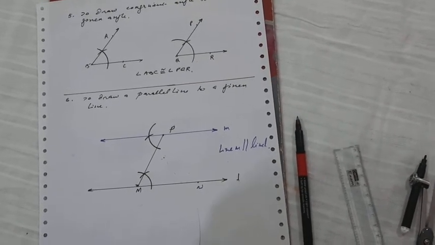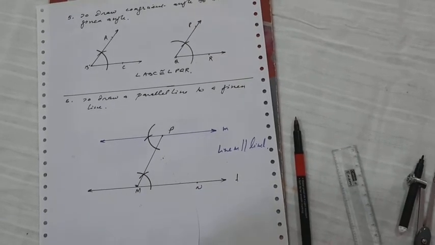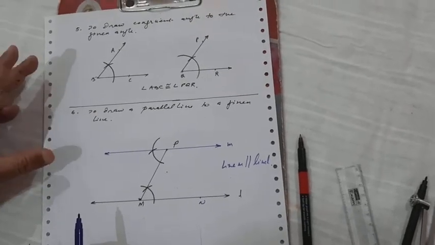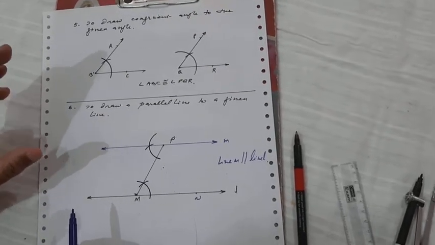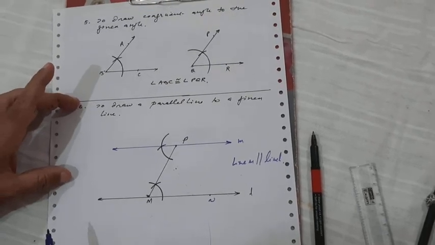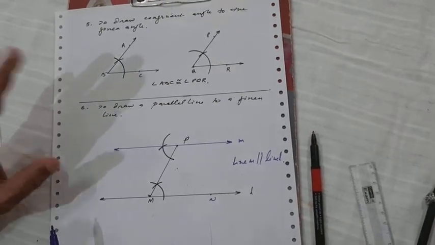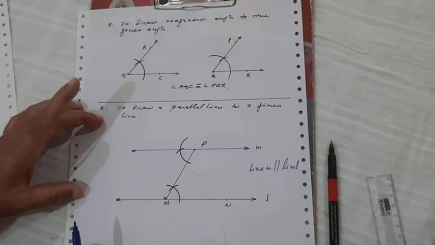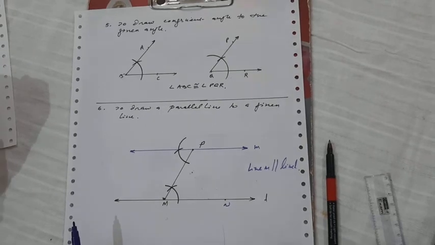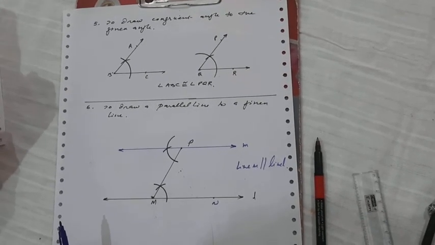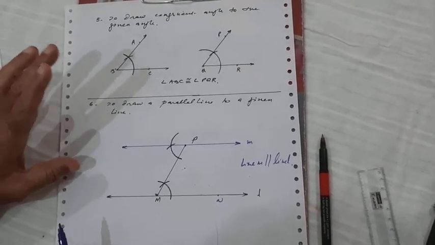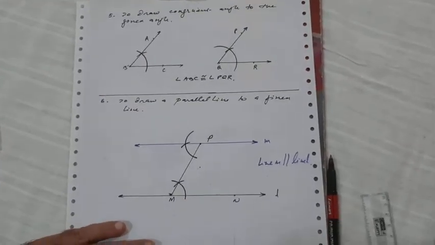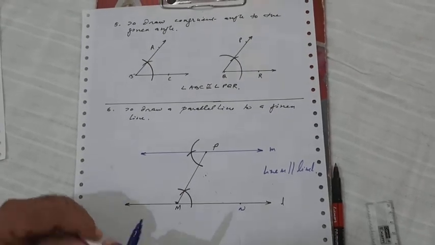So practice all these constructions. Many of these constructions you must be knowing also, but this is just revision. And before taking the main line construction of chapter 11, we have to use these constructions, so practice them nicely. This will be for both classes, 9th and 10th grade. Practice it nicely, and one time you do all these constructions. Next time I will send you one worksheet. Okay, thank you.